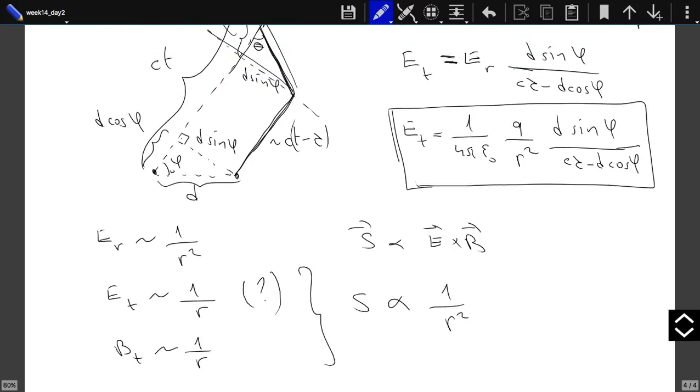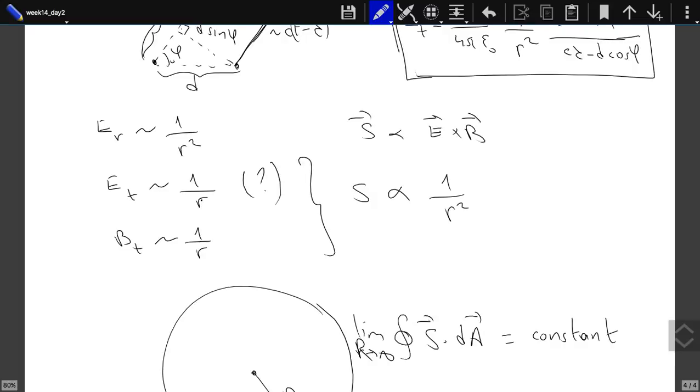So that is what we are trying to show. What we need to show is that the tangential electric field is proportional to 1 over r. Furthermore, it is proportional to the acceleration of the object. If acceleration goes to 0, there is no radiation. Only if there is an acceleration, there is this, which is called the radiation field. This 1 over r dependence is a characteristic feature of the radiation field because only if it goes as 1 over r. You see, this radial part, the 1 over r squared part,